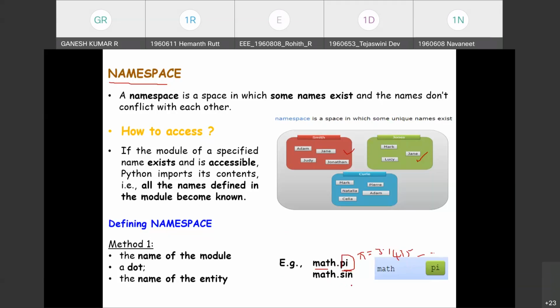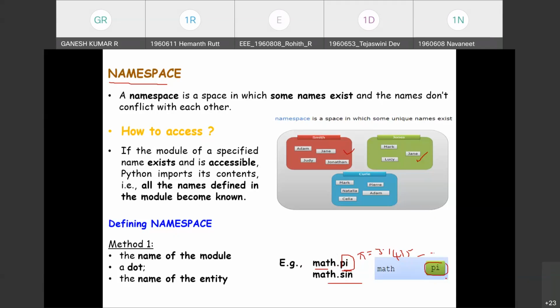Okay, so to include the sine function or any other functions, we can write math.sin. Math is a composition of various entities: pi, sine, cosine, tan, log. All are entities, members of the math module. Pi is a member, sine is a member.